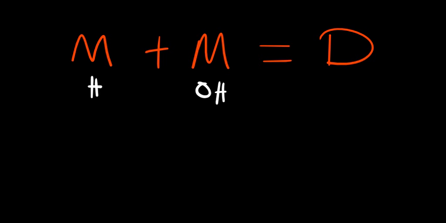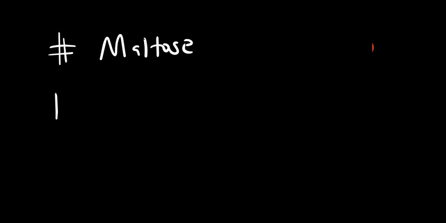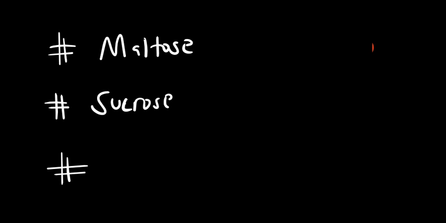Now basically there are about three common disaccharides that you're supposed to understand. The first one is maltose. The second one is sucrose. And the third one is lactose. Now basically these are the common three. Of course there might be other variations, but the common three that you're supposed to understand are these: maltose,